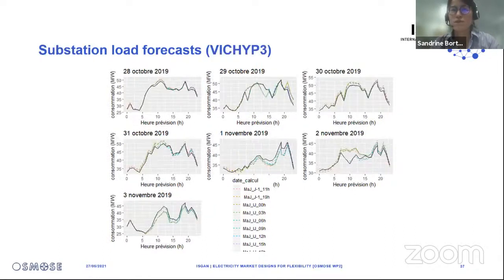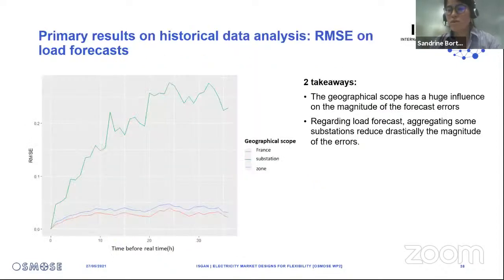Maxime, if you can move to the next slide. Yes. So here we have all the data forecasted every 3 hours in intraday and every 2 hours in day ahead for each day of this week for one substation, which is Vichy P3. All this data helps us to quantify uncertainties and to have a good model for the nodal market, and then we can make some primary results on this